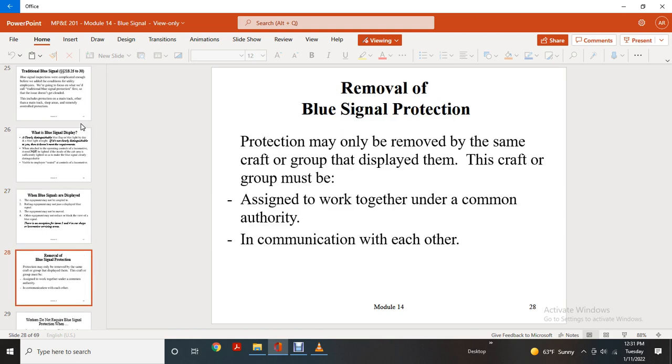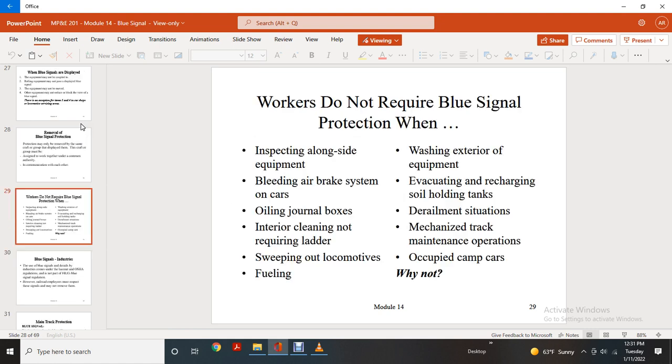Removal of blue signal protection. Protection may only be removed by the same craft or group that displayed it. This craft or group must be assigned to work together under common authority and communication with authority. Workers do not require blue signal protection when inspecting alongside of the equipment, bleeding air brakes if on the cars,